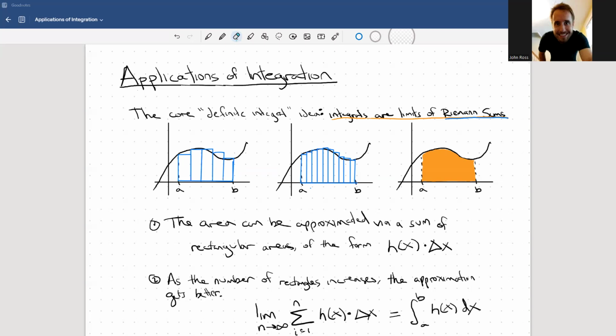In this video, I want to introduce the first of what will be many applications of integration. The one that we talk about today is going to be a specific application, finding the area between two curves. But what I want to discuss first, and sort of how I want to frame this whole conversation, is about a way of understanding the core integration idea, because once we understand that idea, we can begin to apply it to various applications and be able to integrate more interesting and wilder kinds of objects, not just an area under